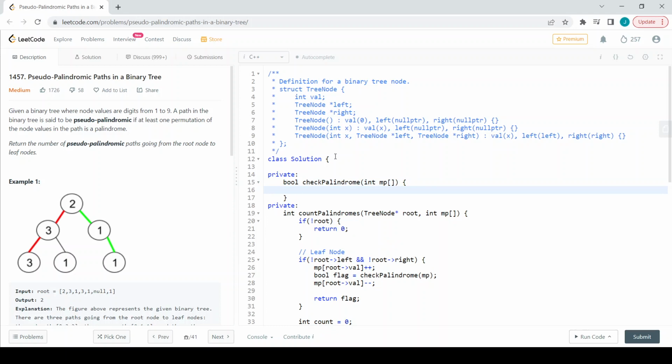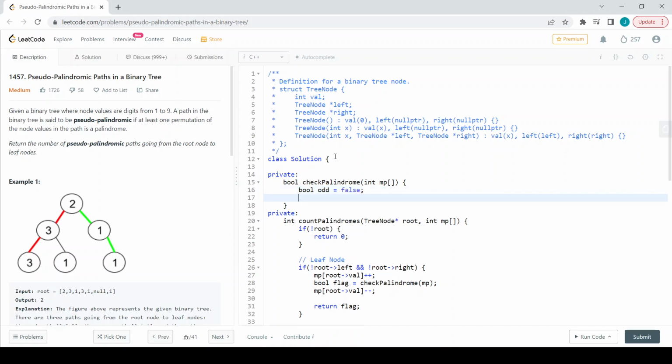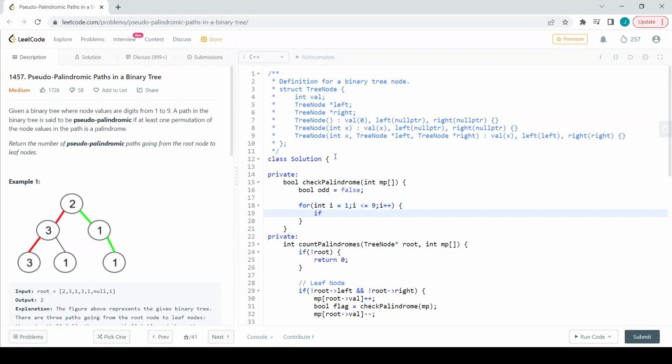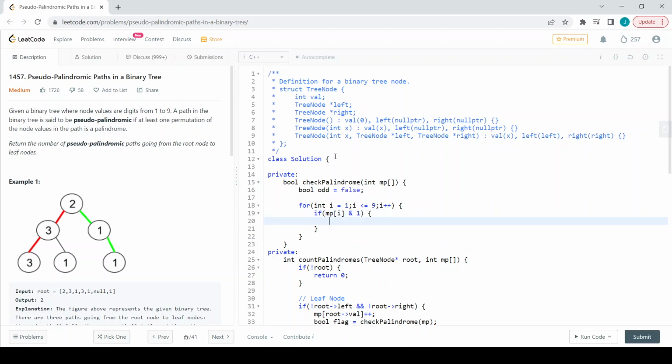As I have said, we can have a flag, bool odd flag, which is initially false. I will go from int i equal to 1, i less than or equal to 9, i plus plus. If my mp of i is odd, how can I check? With bitwise AND with 1 I can check whether it is odd or not. If mp of i ampersand 1 gives me 1, it is going to be odd